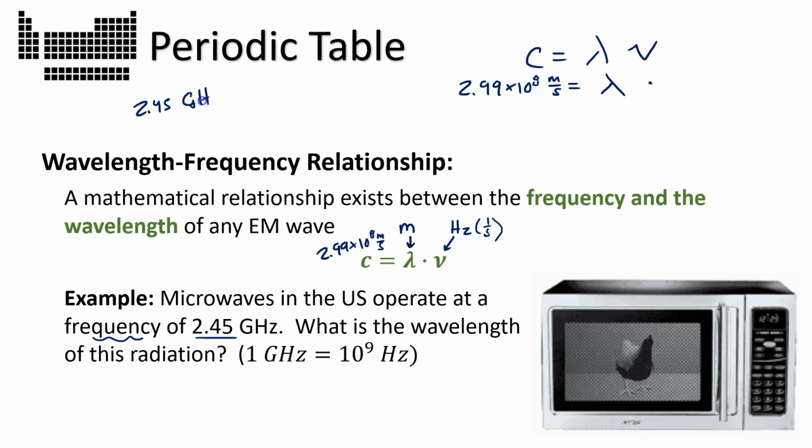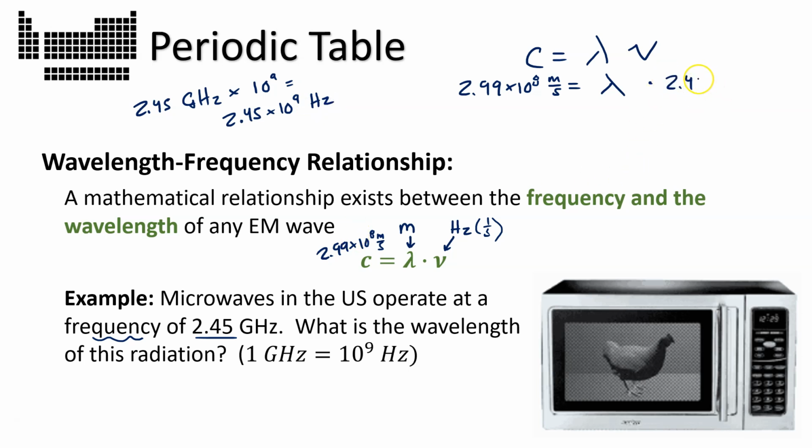Here, if I know it's 2.45 gigahertz, and I just looked up the conversion between gigahertz and hertz, you're welcome to do the same. 1 gigahertz is 10 to the 9th hertz, so I just have to multiply 2.45 gigahertz times 10 to the 9th to convert that into hertz itself. I'm going to write that in scientific notation because the answer is 2.45 billion, and that's a lot of zeros, so I'll just write it as 2.45 times 10 to the 9th hertz.